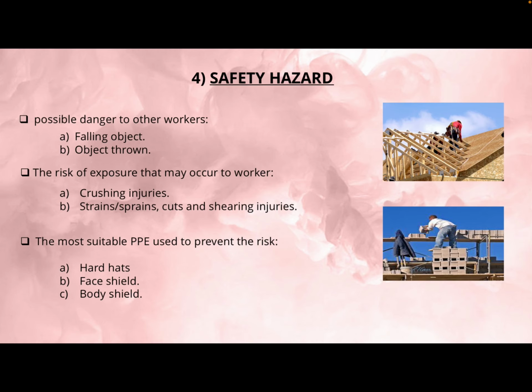The risks that may expose workers are crushing injuries, strain or sprain, cuts, and shearing injuries. The most suitable PPE to use in these hazard environments to prevent the risk are hard hats, face shield,